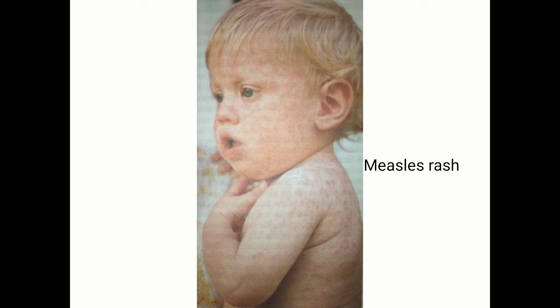If the person is not vaccinated, the virus can reside in the body itself and can get reactivated during an immunocompromised stage, like malignancy or HIV infection or immunomodulator drugs or something. This causes immunosuppression, thereby causing the reactivation of the virus, and it causes